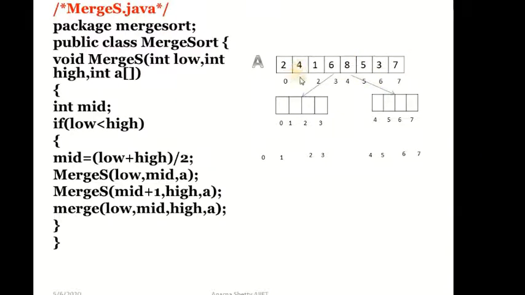Suppose I have these array elements. As I have already told you, the size of my array n is equal to 8, and low will be pointing to 0, as well as high will be pointing to the highest index, that is 7.